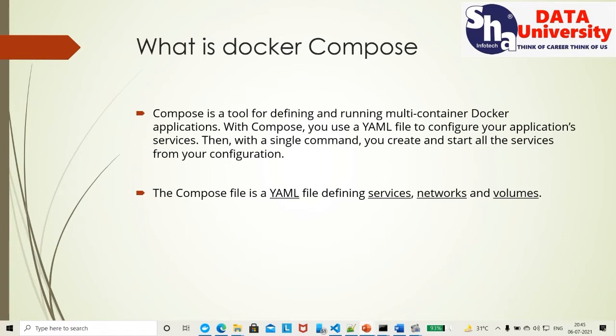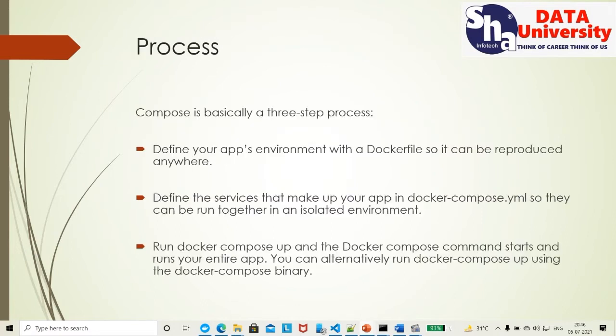files, as well as a compose file, which is a compose.yaml file, with all the files to our users. So they can just run Docker Compose, Docker Compose up, and the entire thing will be automated and deployed for them. So it is basically a three-step process.